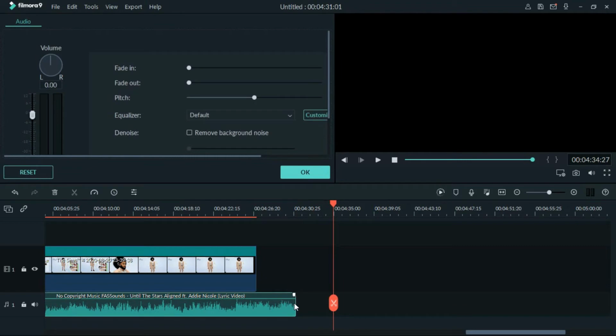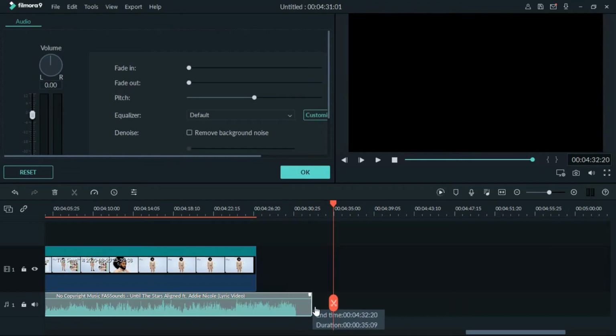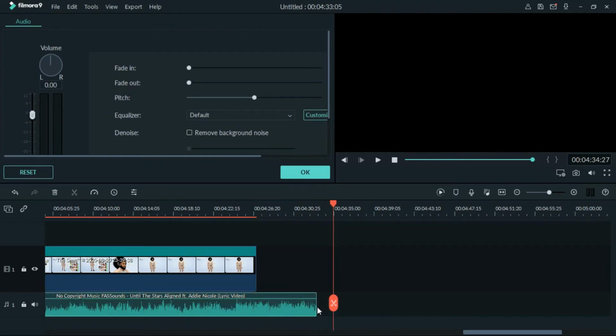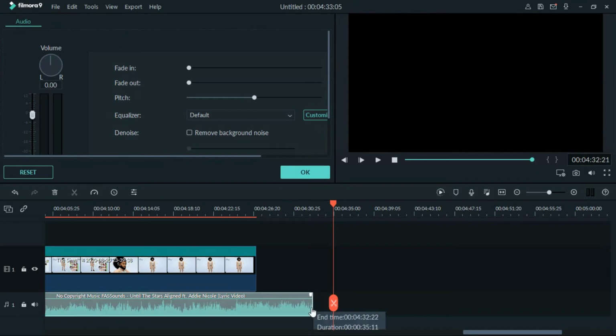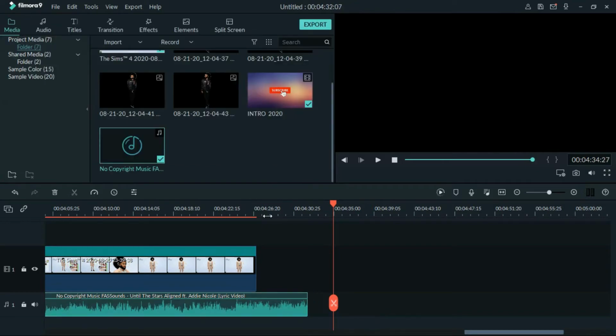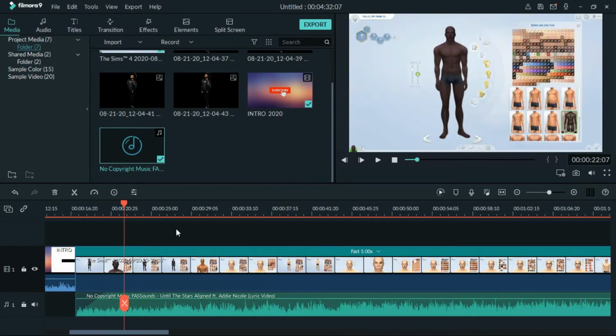If for example I clip too much, all you have to do is drag and it will just refill whatever you deleted. So that's something good to know. I don't think I have to go into details. I already showed you guys how to remove content that you may not like. Alright, the next thing that I do after I've gotten everything where I need it to be, the speed is okay,